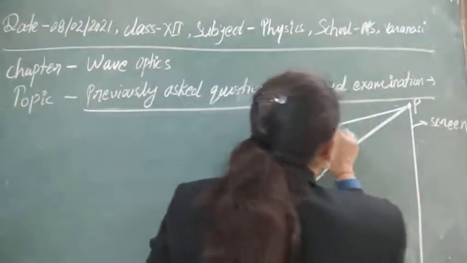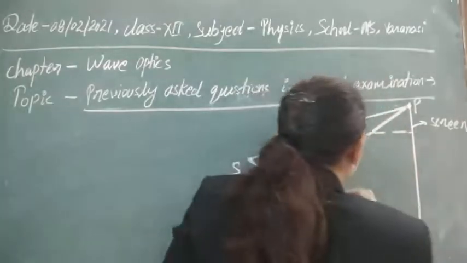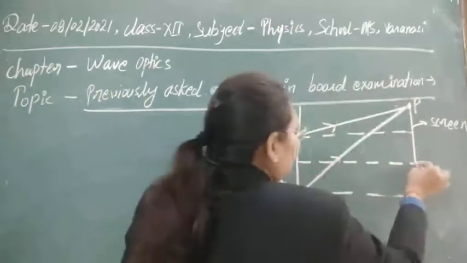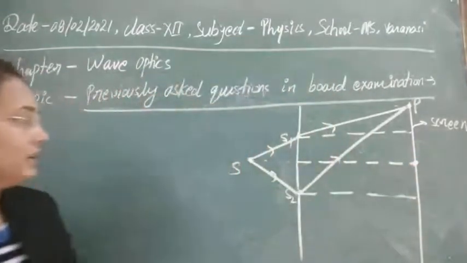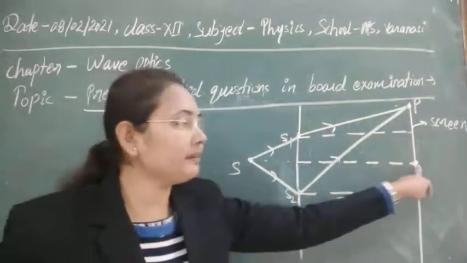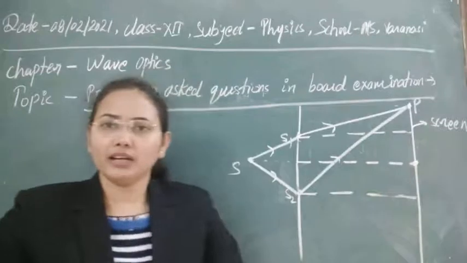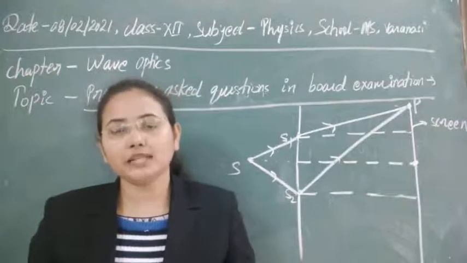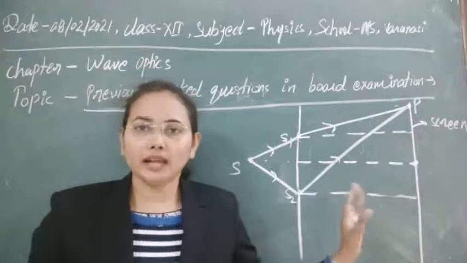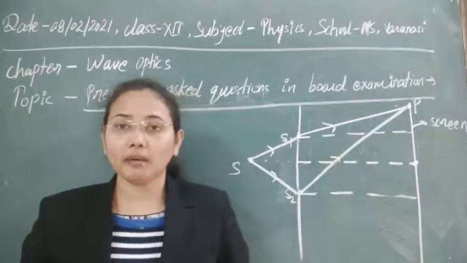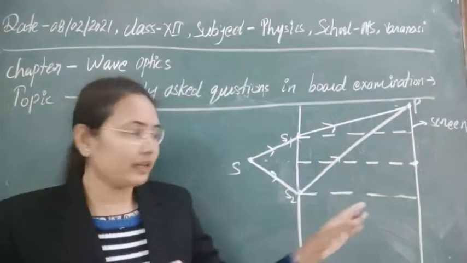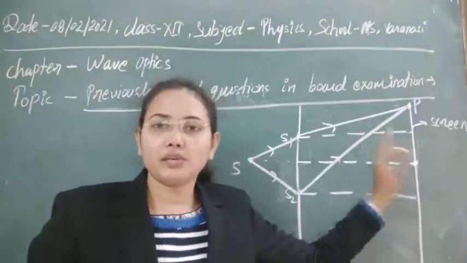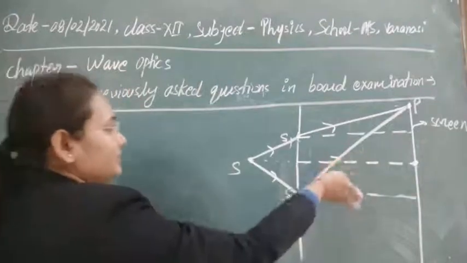To obtain that, let's draw this here, and also this is the center point, the point of maxima. As light waves reach here, they will be in the same phase. Obviously, whenever light is coherent and there is no phase difference, at that time we get maximum intensity. So at that point we will always get maxima or bright fringes. There is no need to again discuss why this point is a bright point. Conceptual questions are asked based on this also, but here we were just talking about this.